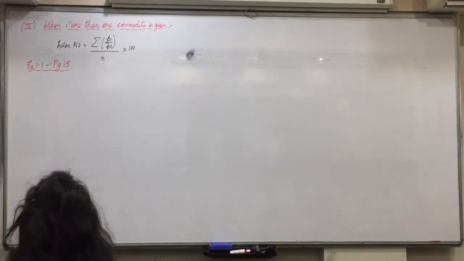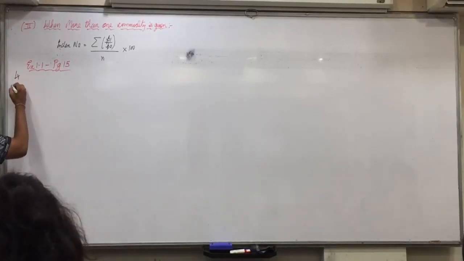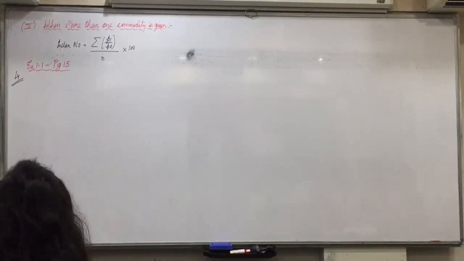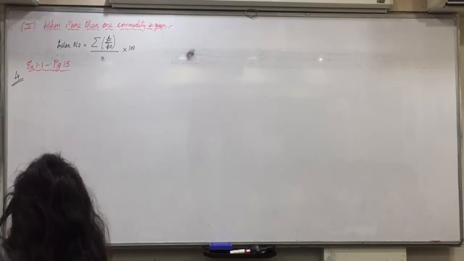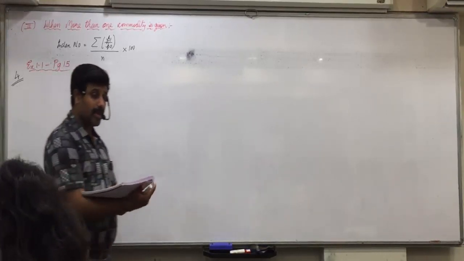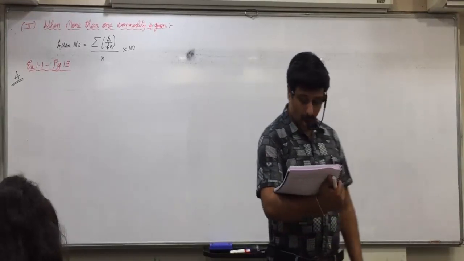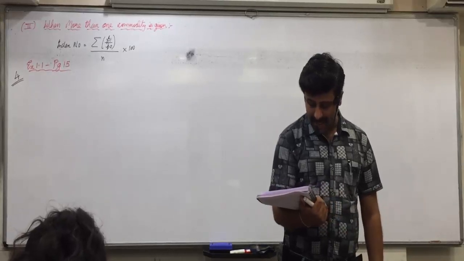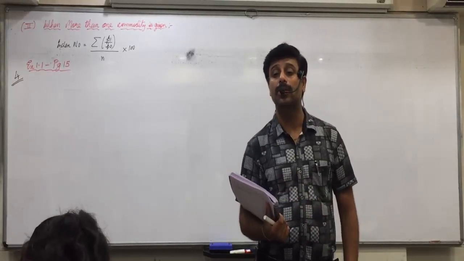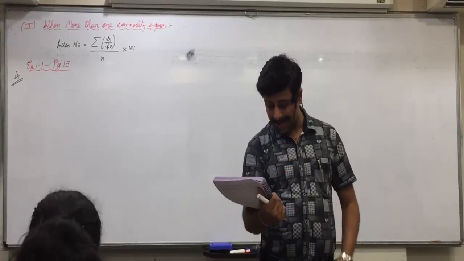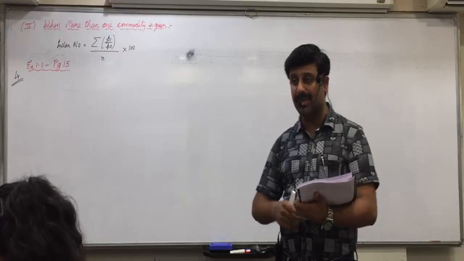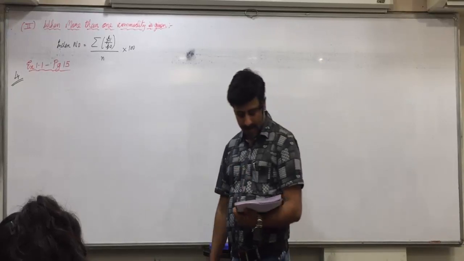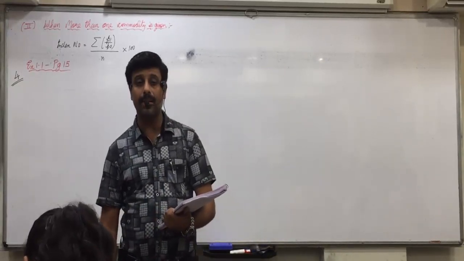Question number 4. Understand it properly? The price of 5 fuel related items in the years 2012 and 14 are as follows. So now 5 items are given, so we will have to use this formula. Calculate the general index number. General means average. Okay, general means average. General index number for 5 fuel items by taking the year 2012 as the base year.